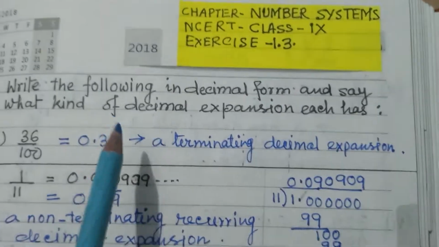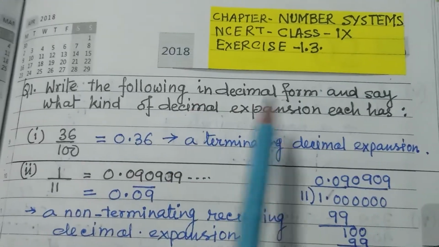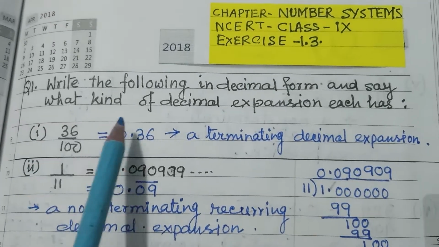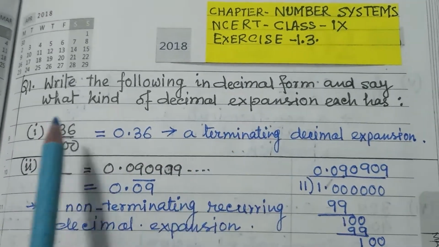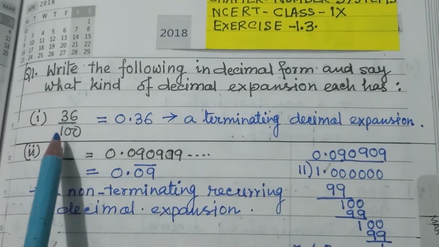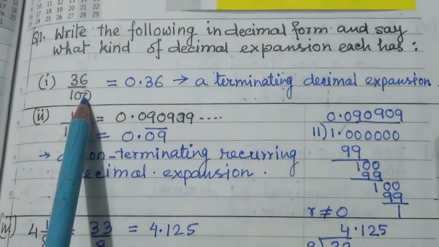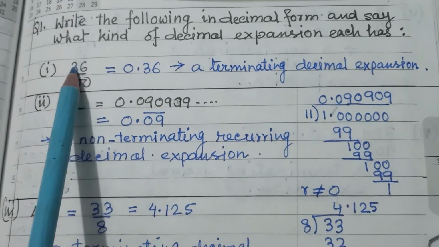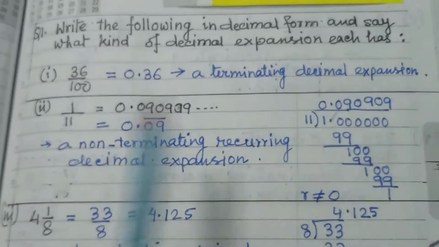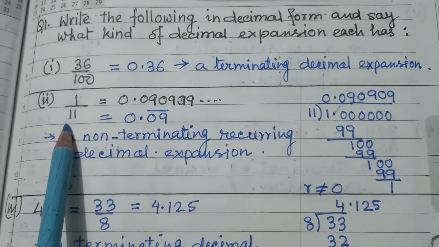Now next, exercise 1.3 of class 9, chapter number system. First question: write the following in decimal form and say what kind of decimal expansion each has. 36 upon 100, 2 zeros are here, so after 2 digits the decimal will come, so it is 0.36, a terminating decimal. 1 upon 11,